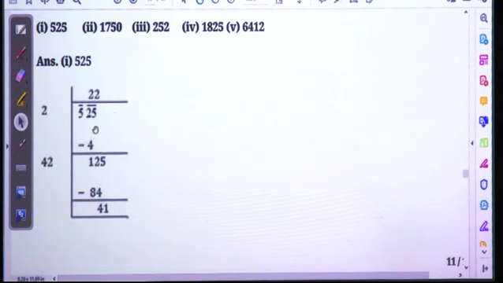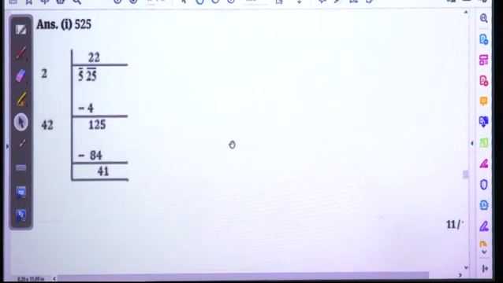First, let us calculate a nearby perfect square to 525. We know very well that 525 is not a perfect square, which is mentioned in our question. So, to find the nearest square, by finding the square root of 525 by the division method, we can understand here how to do the grouping. 2 square is 4, 5 minus 4 is 1, next 25, double of the quotient is 4, we are attaching 2, 42 times 2 is 84, 41 is remaining.